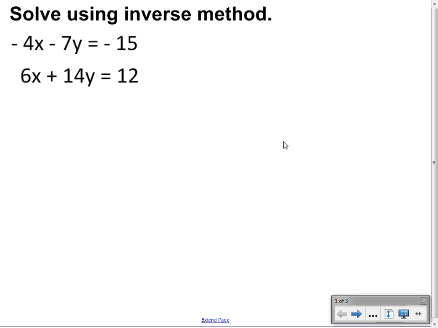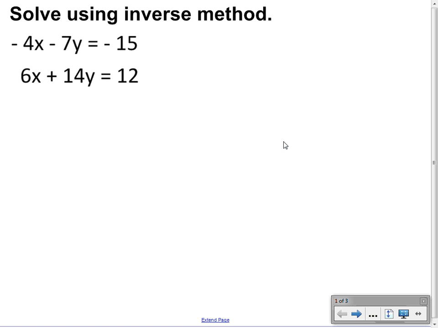Hi everybody, this video is going to talk about how to solve two-variable systems of equations using the inverse matrix method and also row operations. These are the two examples we saw in class today. I'm going to make this video so you can pause, rewatch, rewind, whatever you need to